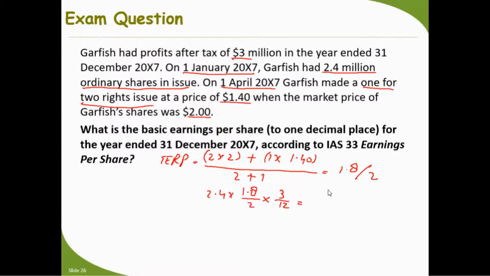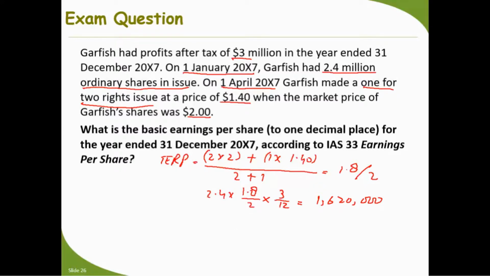Again, I have to calculate it. 2.4 million times 1.8 divided by 2 times 3 divided by 4 is equal to 1,620,000. Now, how many shares after the rights issue? The rights issue is 1 for 2, so 2.4